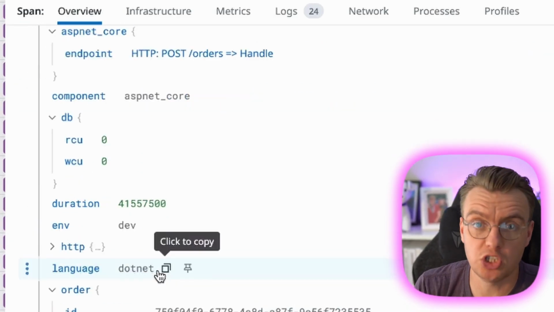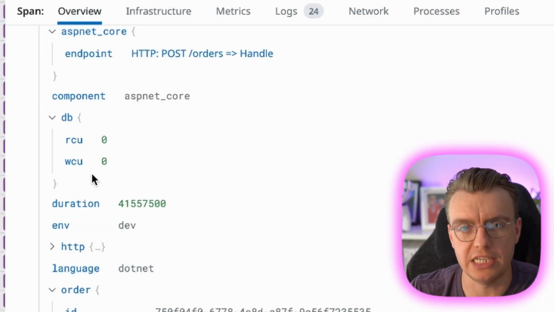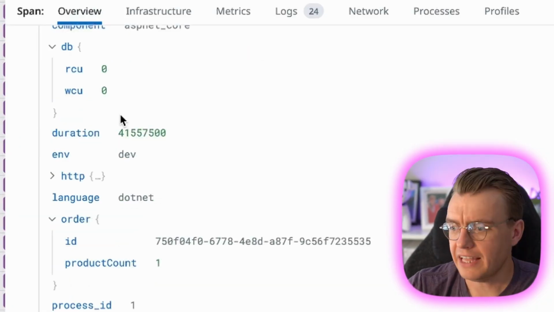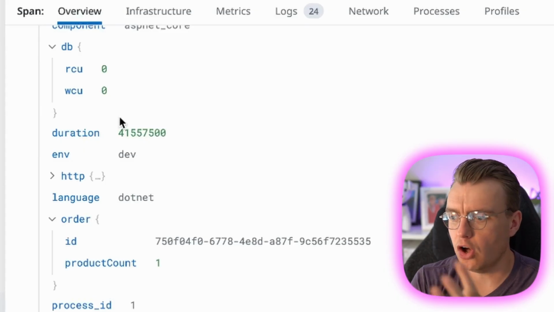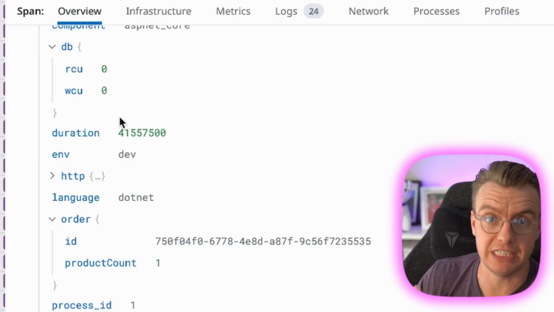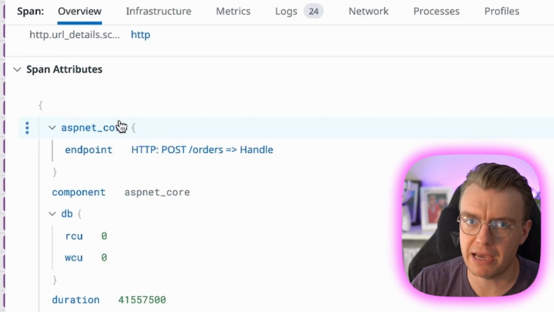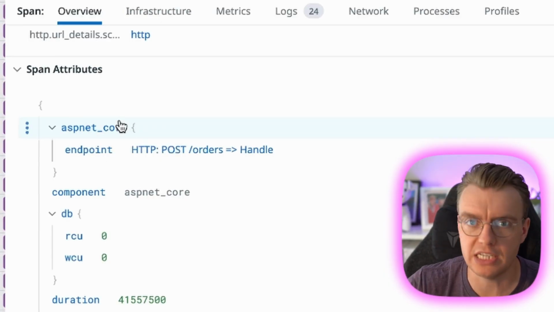This service happens to communicate with DynamoDB under the hood. So you're capturing the read units and the write units that DynamoDB used for this request. And that's all technical context. That's all context that any system that is doing HTTP communication and interacting with DynamoDB should care about: the HTTP route, the HTTP method, the response code, the read units, the write units.